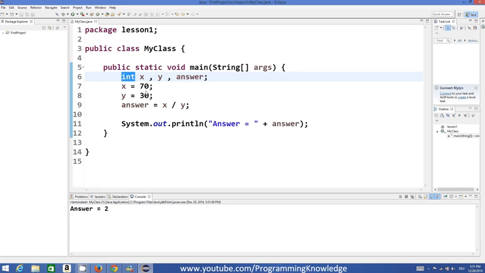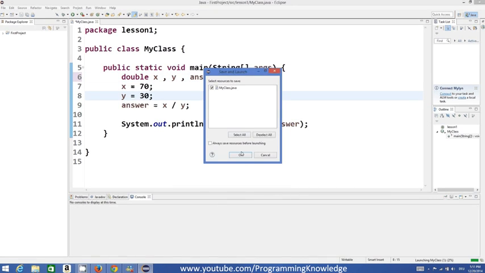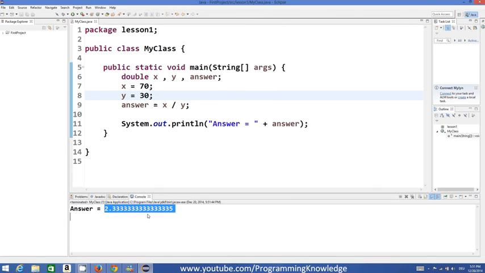The answer for the division of 70 by 30 is 2 point something, right? But because this answer and these two are integer, we will only get the integer value out of this point value, and we will not get the whole division value, which is 2 point something. But to get this decimal value as an answer, you can declare your variables as double. So when you do something like this, see what's the answer. Now the answer is 2.33, and this is the exact answer what we were expecting, right?